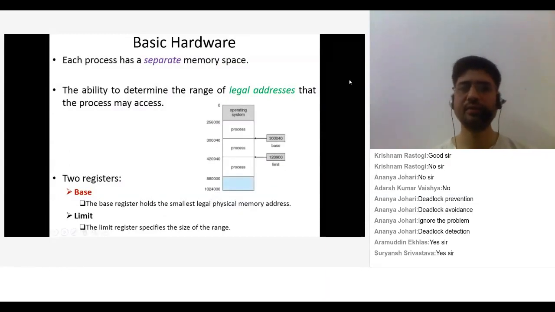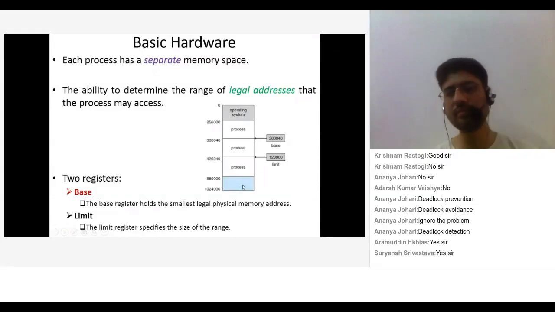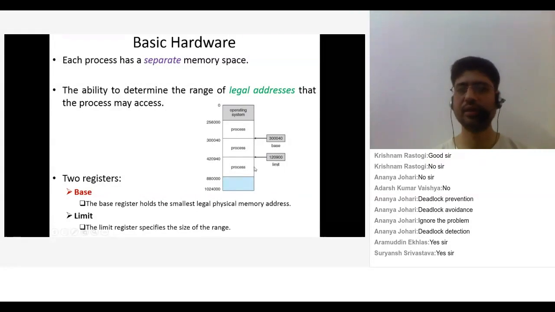Here you can see that we have three processes: process 1, process 2, and process 3. These processes are in the memory of the operating system, the main memory. We have a base value at this point, that is 30040, something like that, and we have a limit of 120900. This means process 2, in between process 1 and 3, has this area that specifically belongs to this process only,